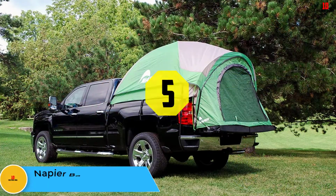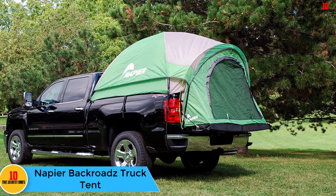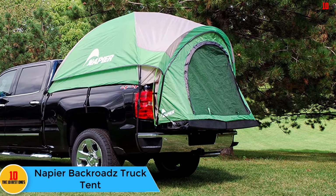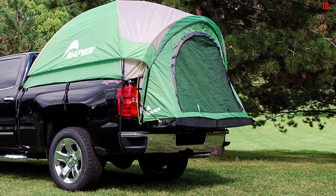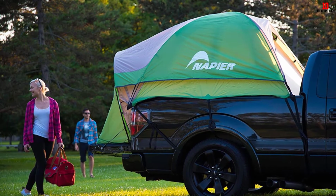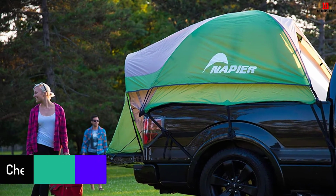At number 5, we have the Napier Backroadz Truck Tent. Napier is one of the biggest names in the truck bed tent industry. They carry a wide variety of products, but the Backroadz is one of the more popular models. It's essentially a dome tent with a small vestibule that sticks out over the tailgate. The Backroadz comes in 5 different sizes, so check to make sure your purchase is right for your make, model